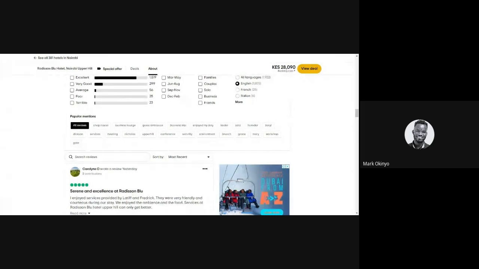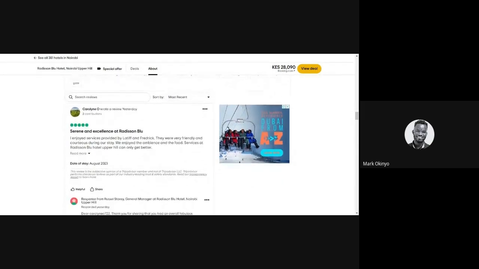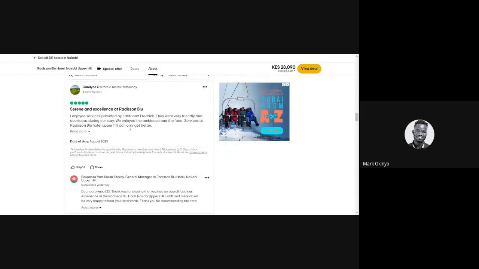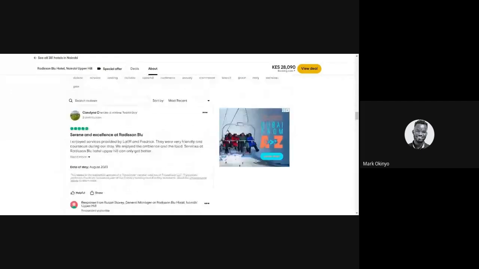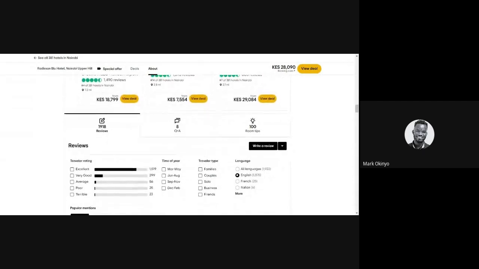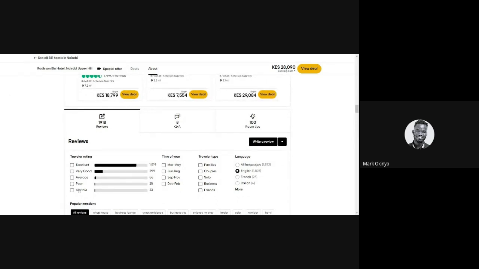So now I want to understand, because these are the key things that my customers value. And this is part of the competitor analysis which you're talking about in the beginning. Now you go into Radisson, go into their website, look at their rooms, potentially just visit yourself and see how they conduct themselves. Another thing you can also look at, you go in there and you sample. You don't necessarily need to look at all the feedback, but you can sample and see what people are saying. And essentially what you also want to do, you also want to look at